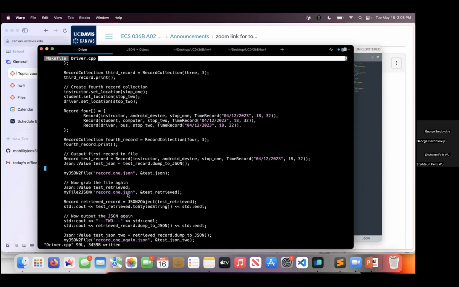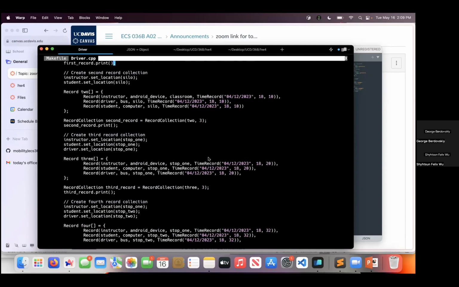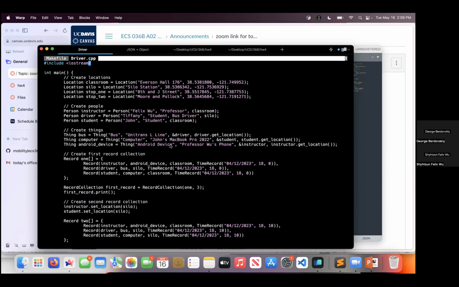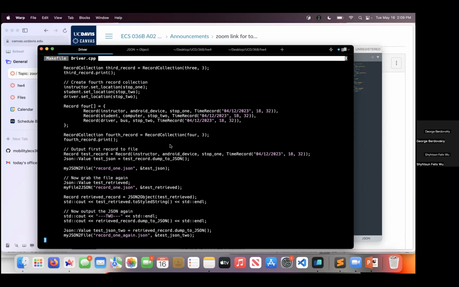So I can run through this. So basically, I create this record called test record with instructor, Android device, the location of stop one. Those are all defined up here. Sorry, can I go down a little bit? I want to see this. Retrieve record is equal to,